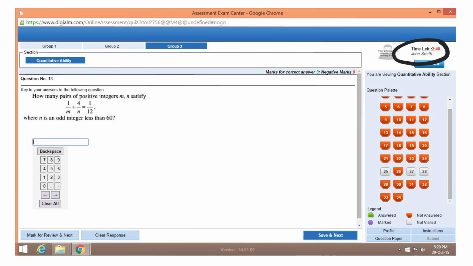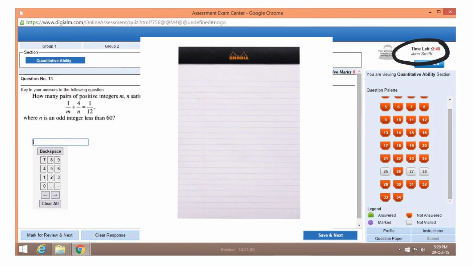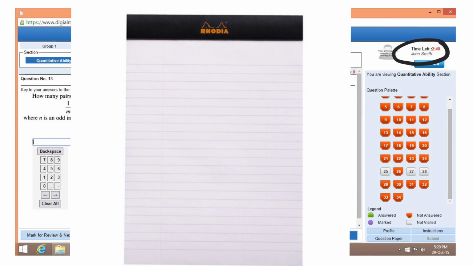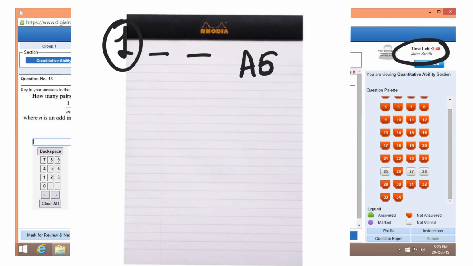All right. For the rough work, you're allowed to use a writing pad. For the last 2 years they have been giving this. They give you a small pad which is half the size of A4 paper, so A5 size. Please note, you'll be getting only one pad. You will not get multiple pads. You have to write your name and the registration number on top of that, and return the writing pad with all the pages after the completion of the test.